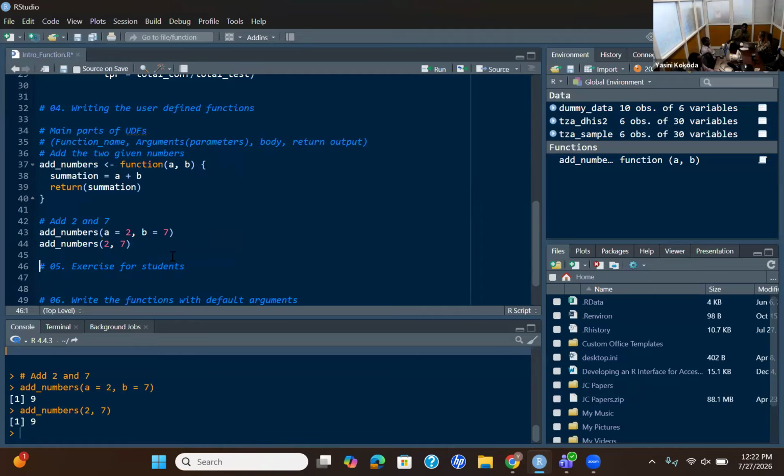Make sure you follow the order when you are specifying these arguments. You can try different inputs and get different outputs. So that is the basic of writing a function for adding numbers. You can also write them for subtraction and many others.